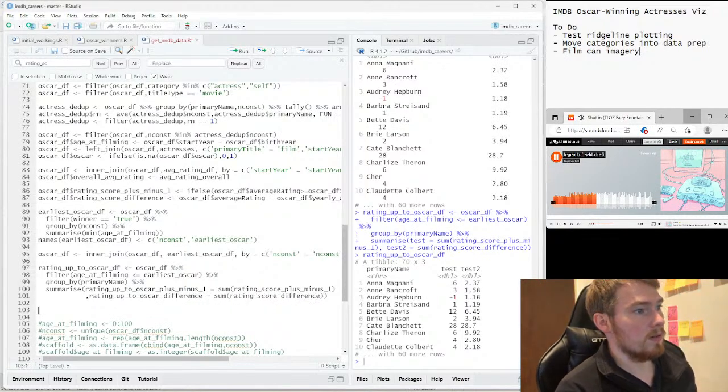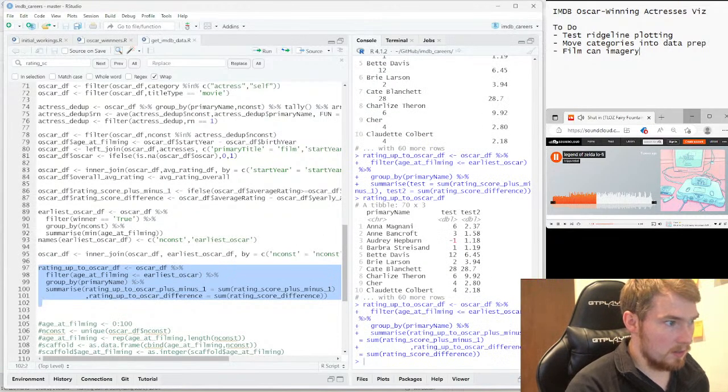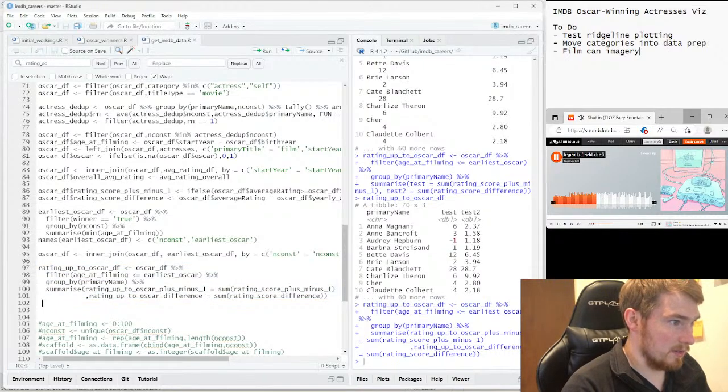Difference. So rating up to Oscar, and then we want to do rating after the Oscar.